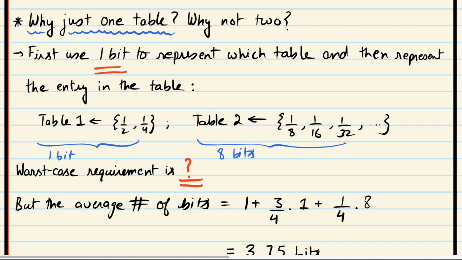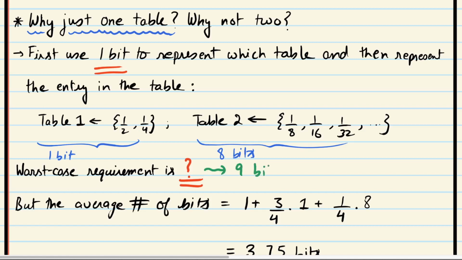At least need 8 bits to represent them. And this first table only has 2 symbols, so you only need 1 bit to represent them. So what is the worst case number of bits that you use here? Well, in the worst case, you will have 1 bit here plus 8 bits here, 9 bits. So worst case you can check is